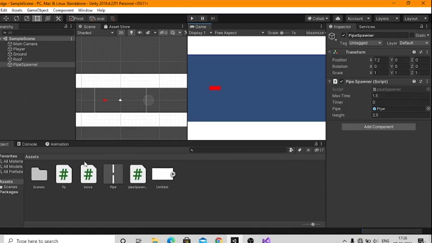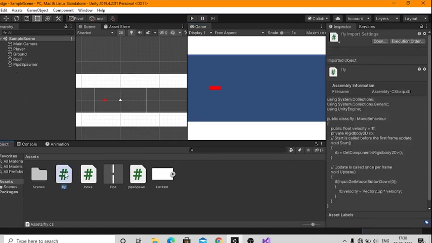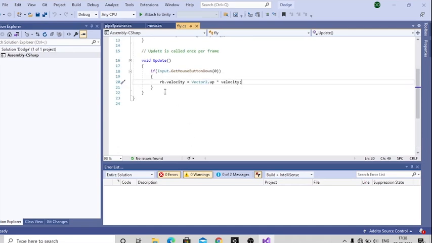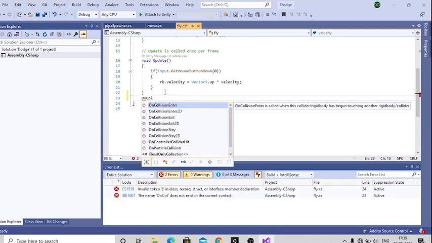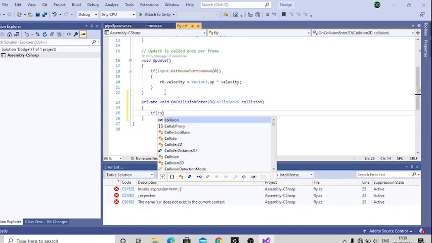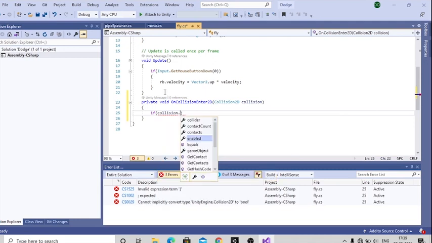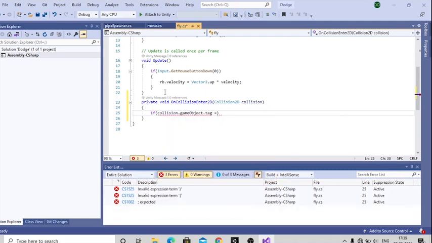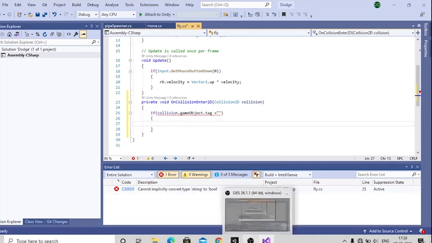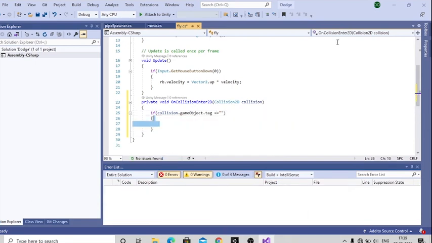We have to add an end to our game. So go to the fly script and add a function OnCollisionEnter2D. This function name should be the same as mine. Here we need to check if the player collides with some obstacle, then the game restarts.